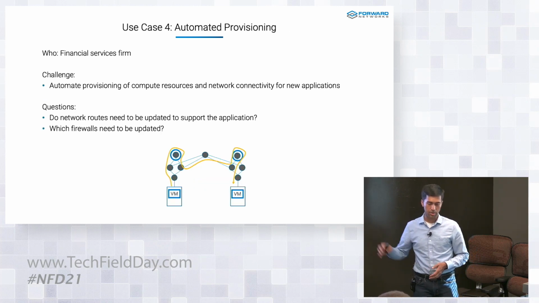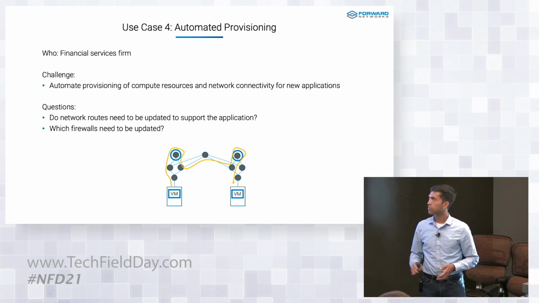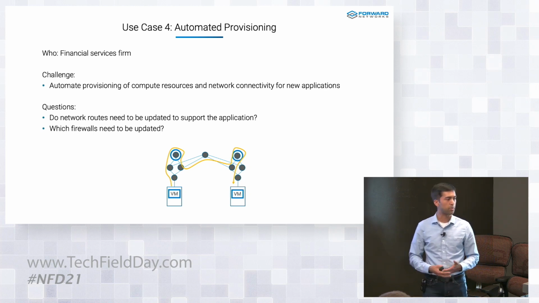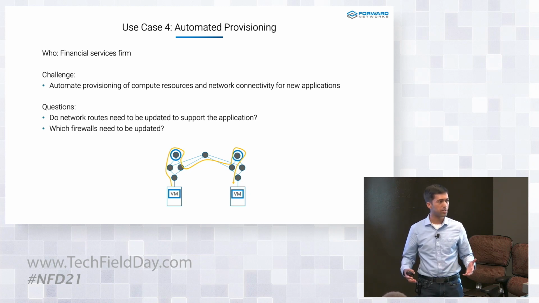So the next use case I'm going to talk about is one of automated provisioning. This use case came to us from a large financial services firm. They operate a network of 15,000 plus network devices. They have hundreds or even thousands of applications running in this huge network. And from time to time, they have a request to provision new virtual machines, provision compute, and network connectivity